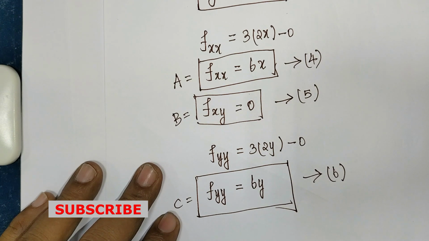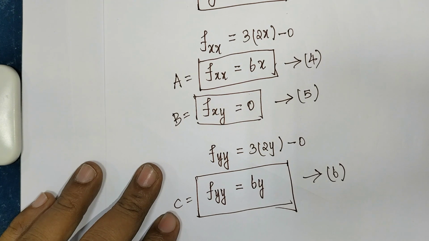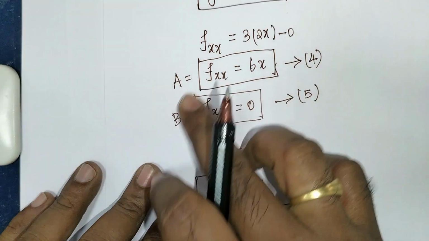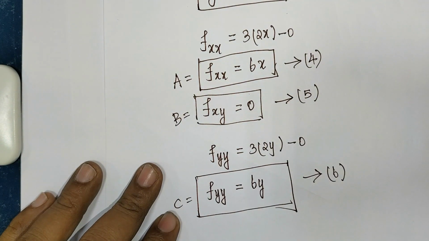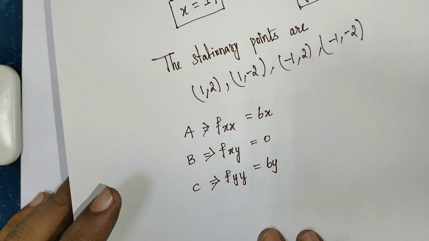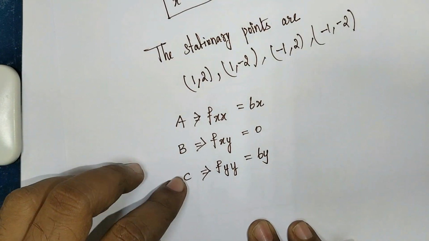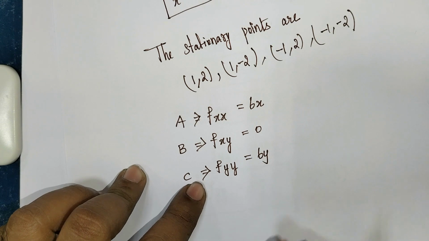So we can take A equal to f double x, that is 6x. B equal to fxy, that is 0. C equal to fyy, that is 6y. Okay, A is f double x, B is fxy, and C is f double y. So based on these three values, I am going to conclude now. See, here I wrote stationary point and A, B, C. So based on this A, B, C, I am going to find